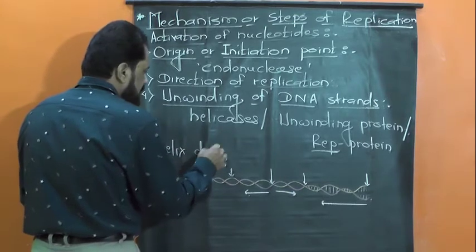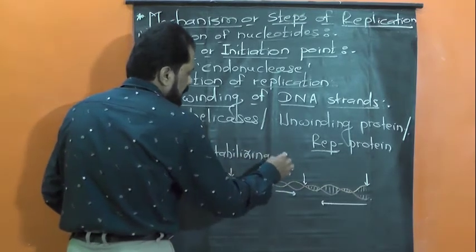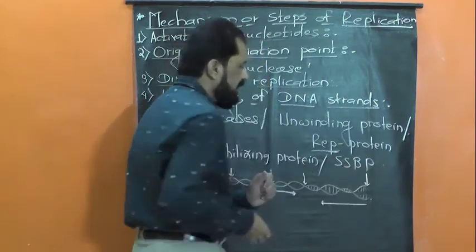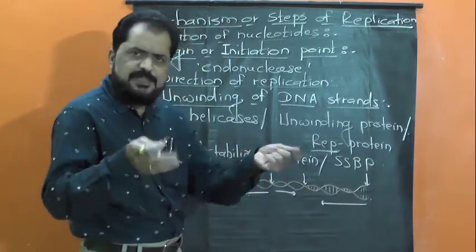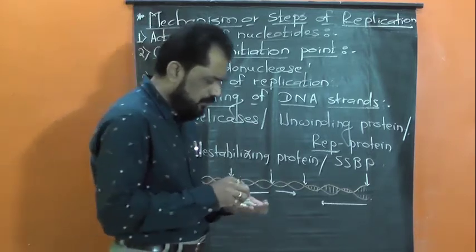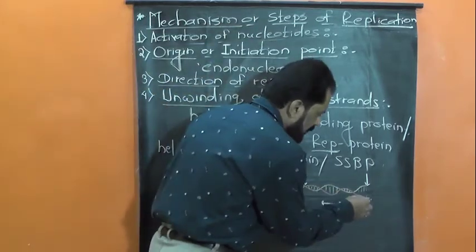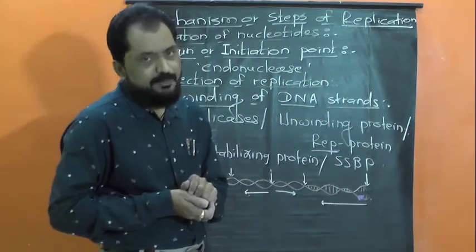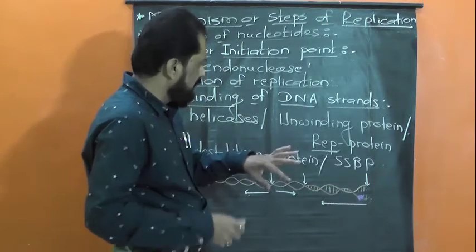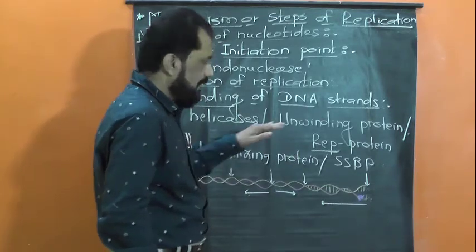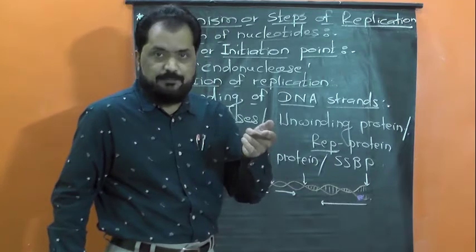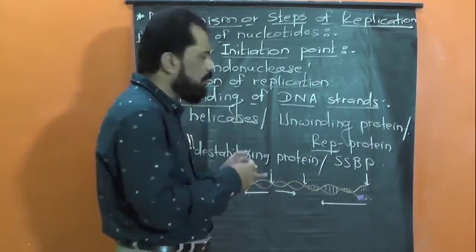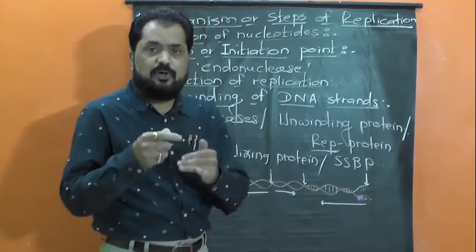Helix destabilizing protein or single strand binding protein. Single strand binding protein. Name itself indicate this protein molecule, it binds to any one of the separated strand so that their recoiling is prevented. Along with helicases, SSBP, one more enzyme, topoisomerase, it also assists for the uncoiling and separation of two strands